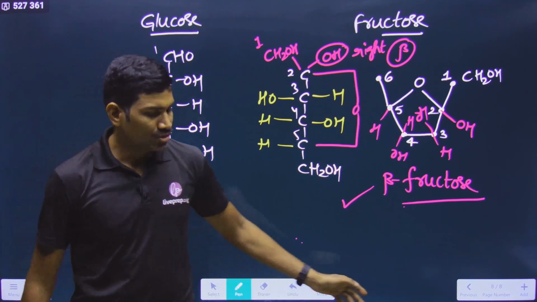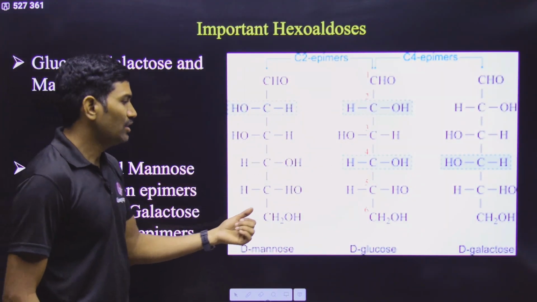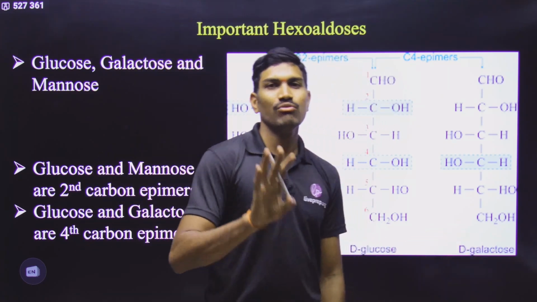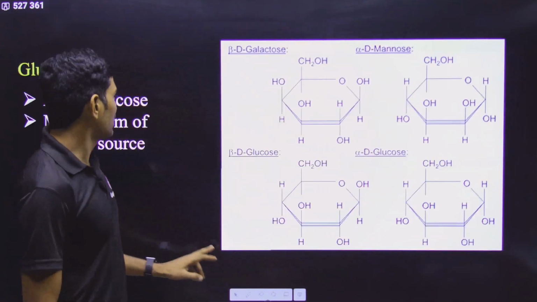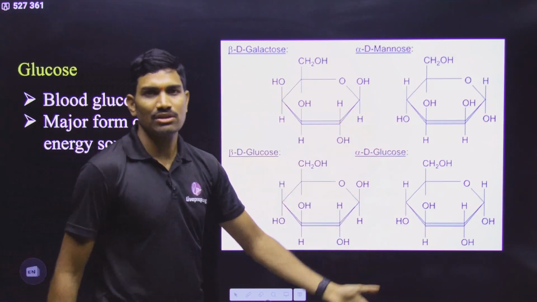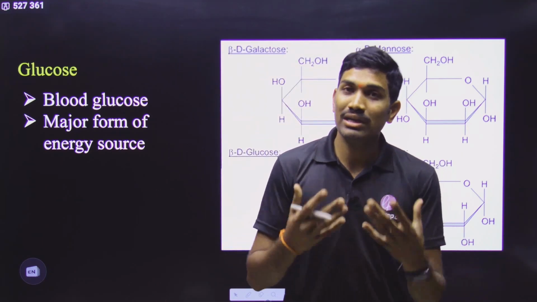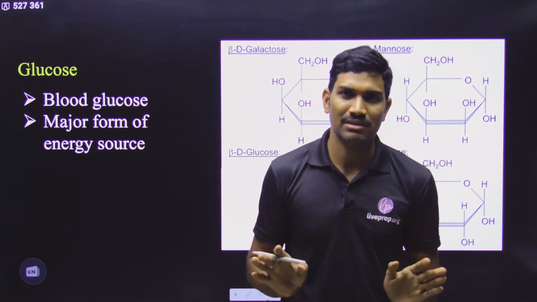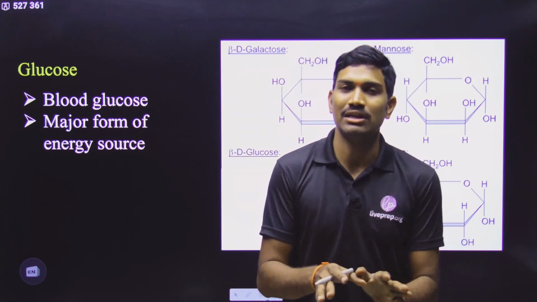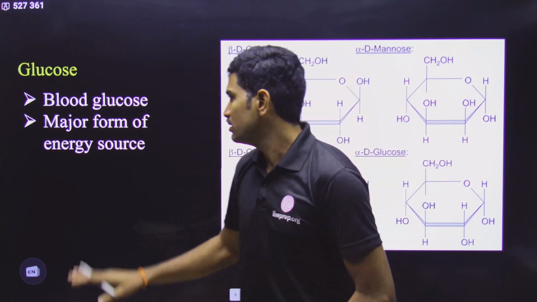Now we will see mostly one point for each of these structures. This is the epimers concept. Glucose and mannose are second carbon epimers. Glucose and galactose are fourth carbon epimers. So please remember this concept. Already I wrote this information here. Next, these are the ring forms and all. Please practice on your own. When you look at the board, these things appear very easy. But when we are really practicing, not only for you, even for us it is difficult. If we do not practice, we will make mistakes. So please practice.